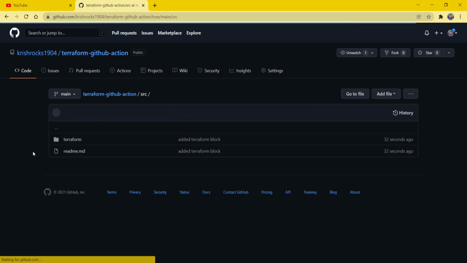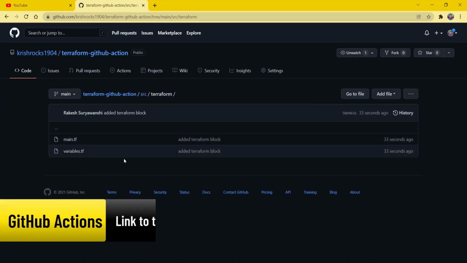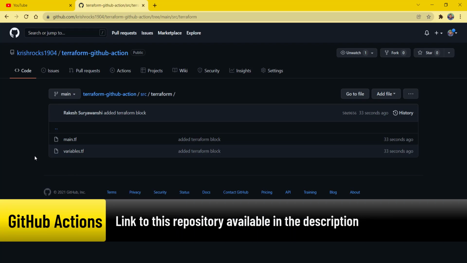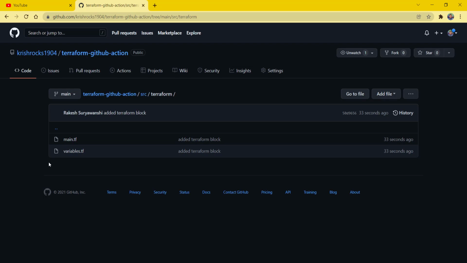As you can see here, this is the source directory, and inside the source directory we have these 2 files which we have added to deploy the changes. Now we are ready with our changes in the source code. Next, we need a service principal in Azure which will be used to authenticate Terraform with Azure to deploy the changes. Let's create a new service principal in Azure with an Azure CLI command.